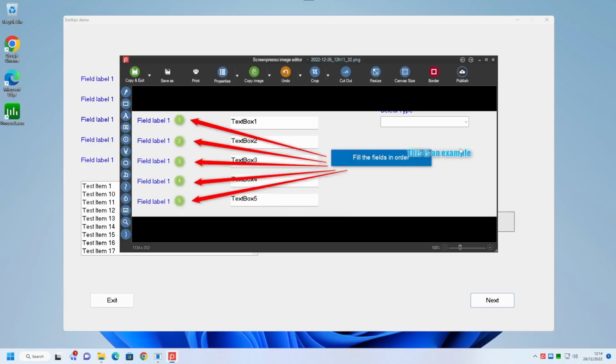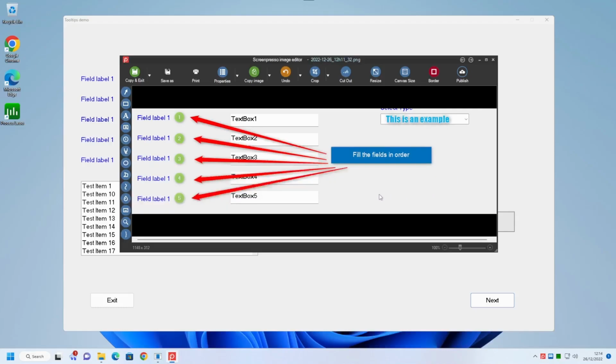Additional text can be added and moved around. We can even add a magnifier.